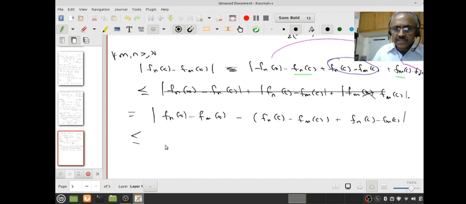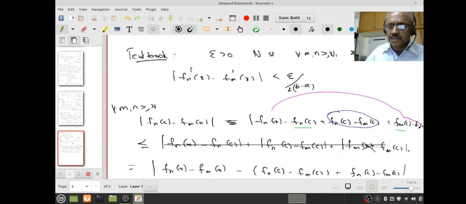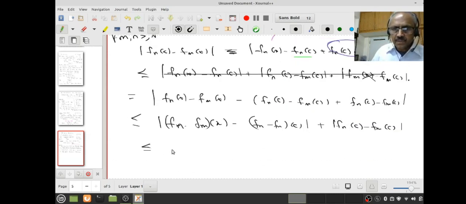So this is less than or equal to |(fn − fm)(x) − (fn − fm)(c)| plus |fn(c) − fm(c)|. Yeah, right. So by 1, I know this is less than or equal to epsilon by 2 into (b − a) into (b − a)